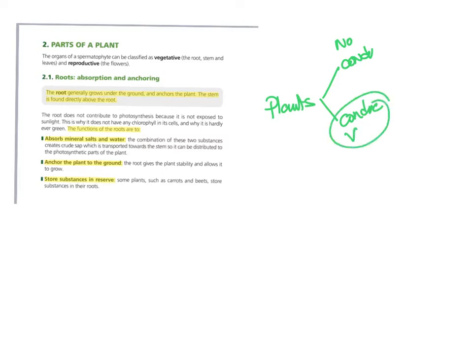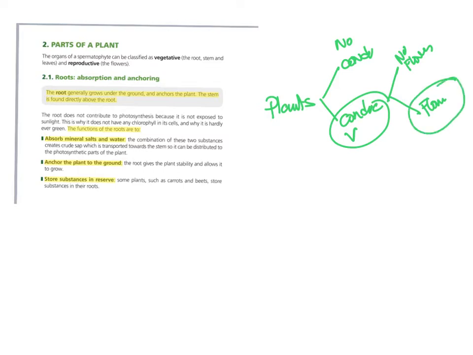These are the most complex, right? Okay, in this group, two types: no flowers and flowers, right? So, what we are going to do right now, we are going to study the part of